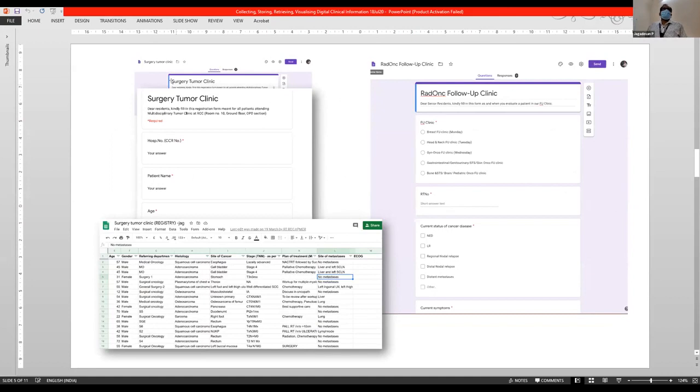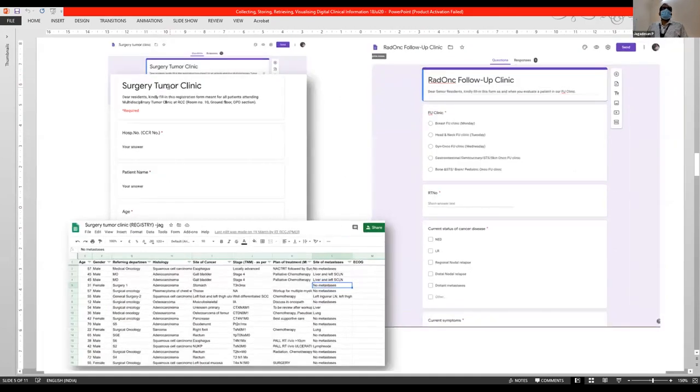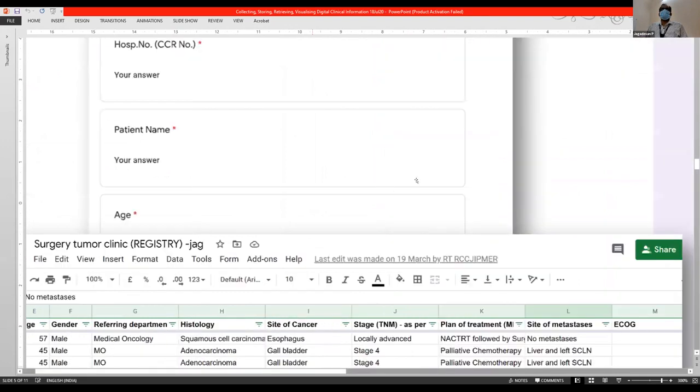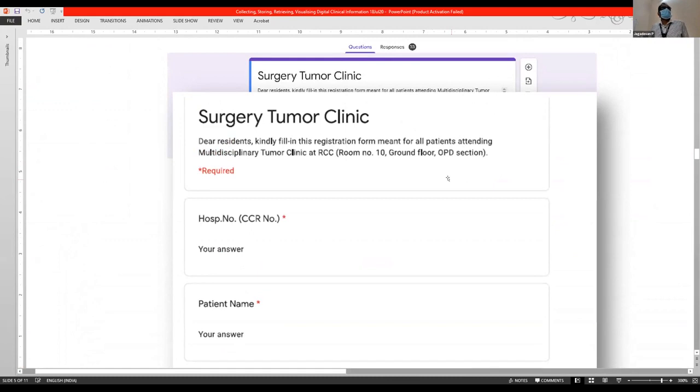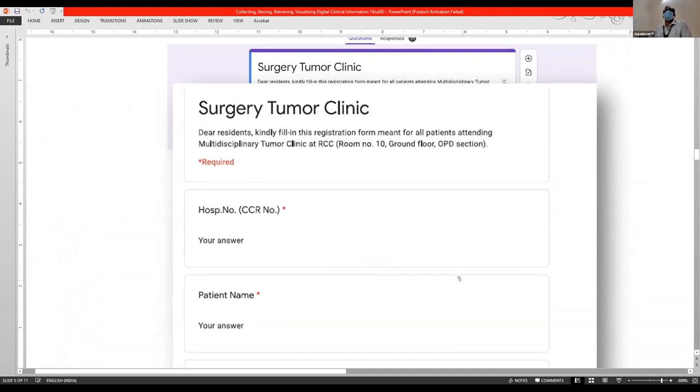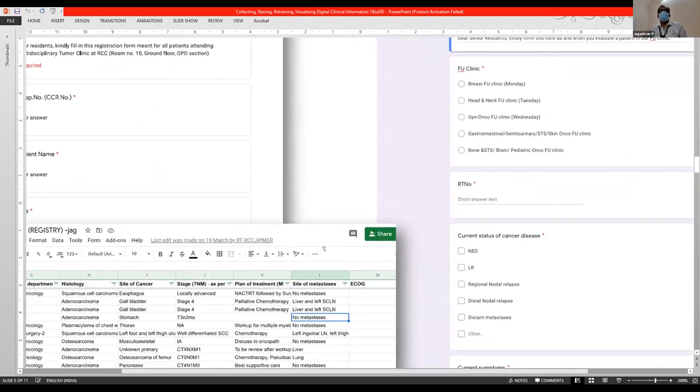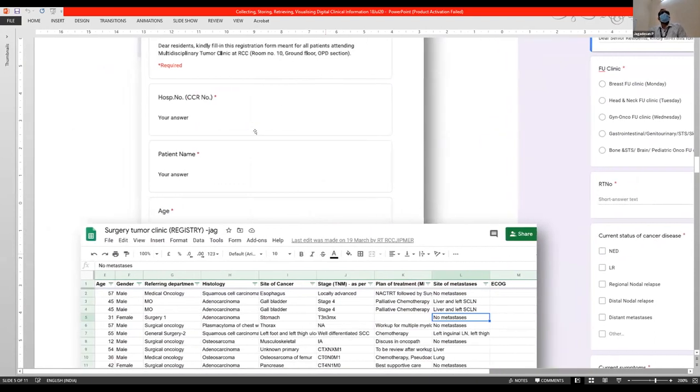So this is one such Google form which I have created. Let me just zoom it to show a bit better. This is one which we generated for a multidisciplinary tumor clinic, where our general surgeons or surgical gastroenterologists, surgical oncologists, most surgeons come onto that clinic to discuss their cases with us. So when they come to discuss their cases with us, we wanted some way of entry of data. We didn't want to employ a data entry person to do all the job. So what we did is we created this Google form, and then we shared the link in WhatsApp, and then we made them fill up the form at the time of case discussion.